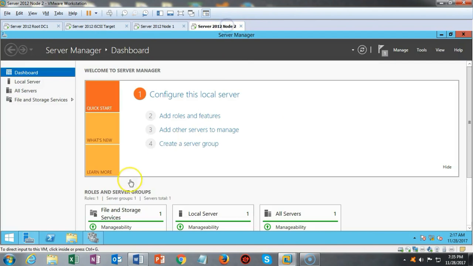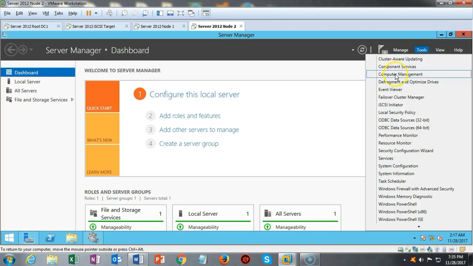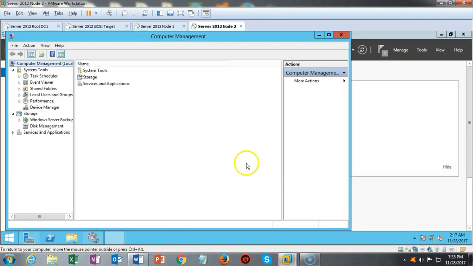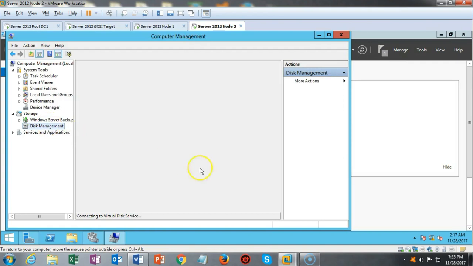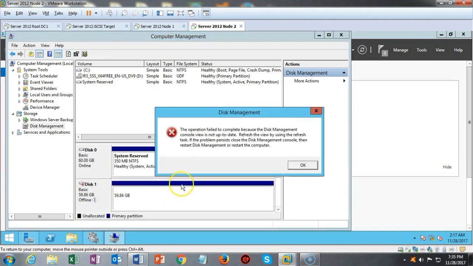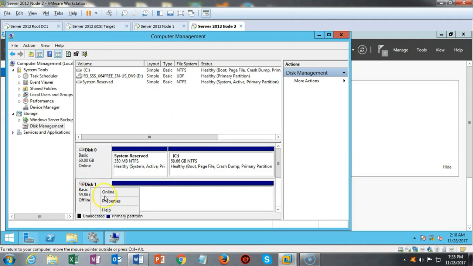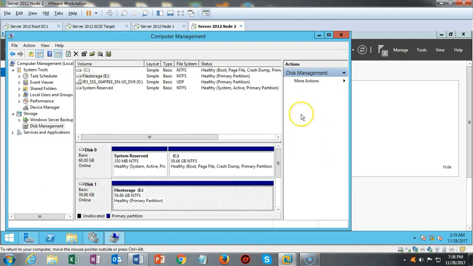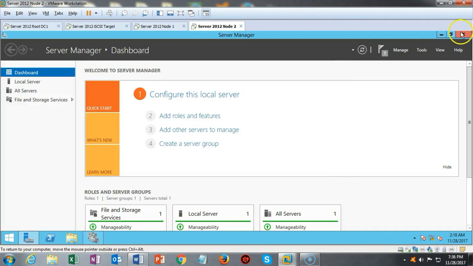So I'm going to go back over here to my node 02. I'm going to go to Tools, go to Computer Management, and again, we're up in here, and we're going to go to Disk Management. Do the same thing we just did. And once we're done, we'll see that the drives are now available. The virtual drive that we created up on the iSCSI target is now available on our two nodes. So I'm going to go ahead and right click through this, and we're going to make it online, and then we're going to go ahead and initialize it. It's been initialized. So now we're going to go ahead and close this out, and we can go take a